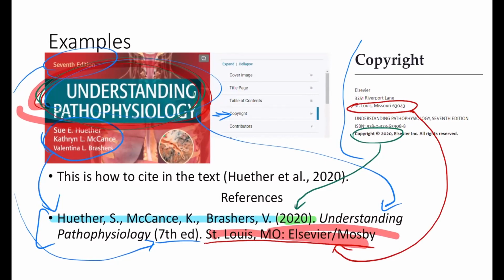And like I said, you can copy and paste this citation here for any time that you cite the book in this class. But in other classes, when you're citing other books, that's how you're going to want to do it. And if you're citing this in the text, just like we talked about, since this book has more than three authors, we're just going to write Huther et al. And then the year that it was published, 2020. That's all you're going to write when you put it in the text itself. And then later on at the end, you put extra information so people can go back and find it.